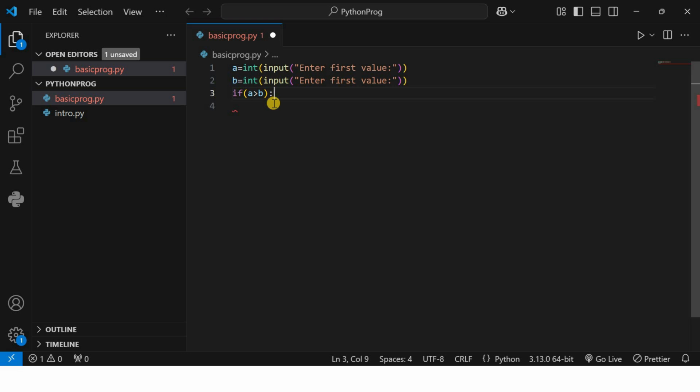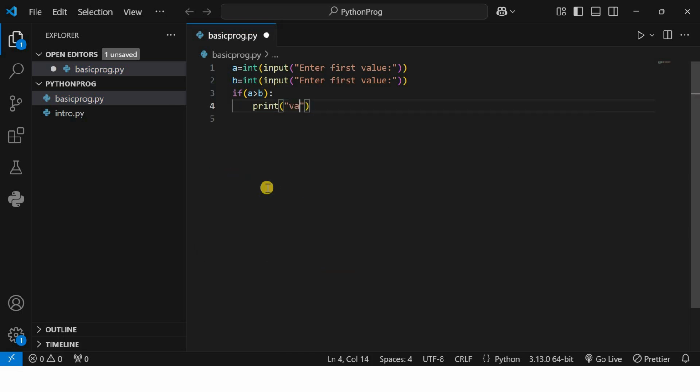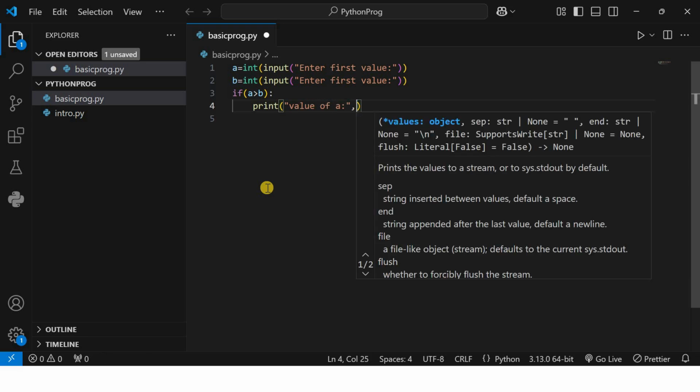Colon is used to create the block. Block means after the colon, when you press the enter key, the cursor will be here. It means here you have to write statements that will execute according to this condition. So simply I can write here print, value of A is equal to, and write here the variable